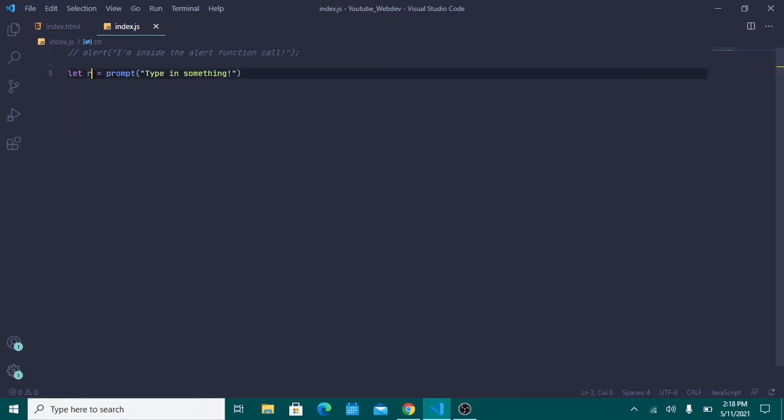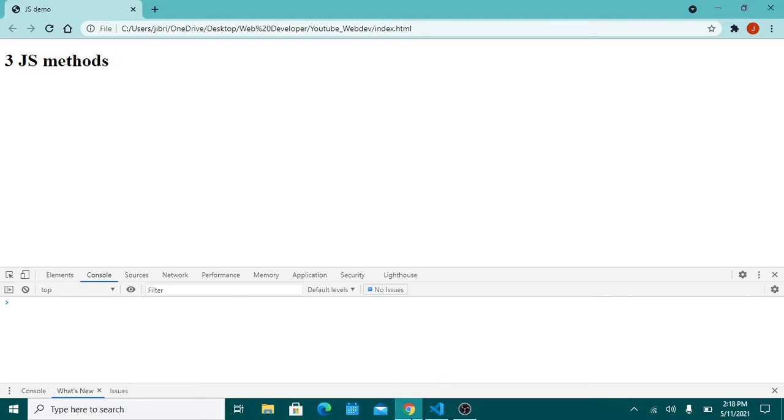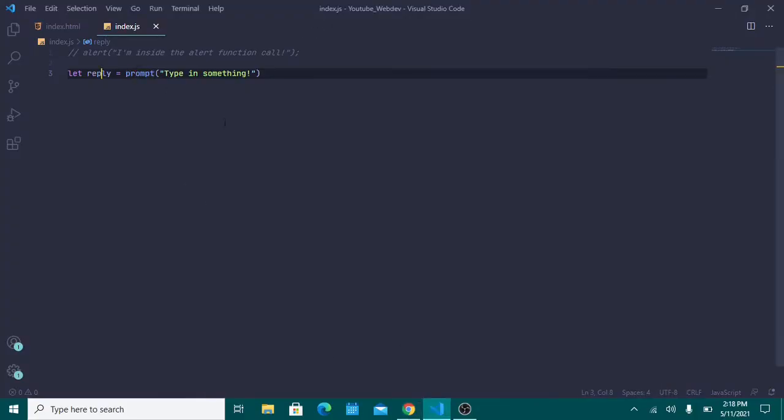Let string, or how about we do reply equals prompt, type in something. And now when we refresh the page, I'm going to type in something, and that'll be something. It told me to type in something. Okay. And you won't be able to see it right away because we haven't done anything with the reply function